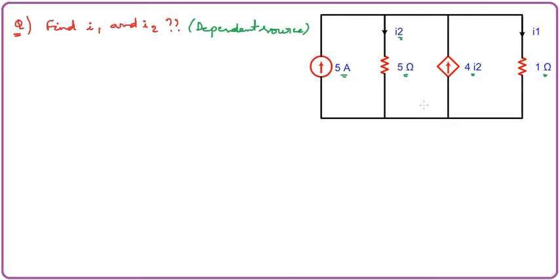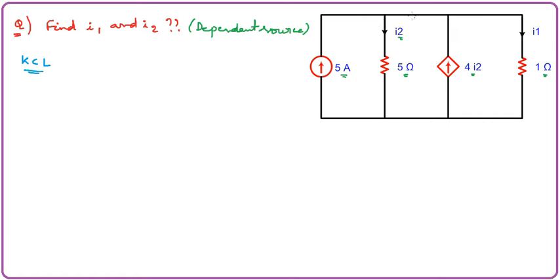Okay, so in this way we need to solve this problem. Let us see what the values of I1 and I2 are. That's what the problem is. So let us solve this problem. As current sources are visible here, let me go ahead with Kirchhoff's current law. It will be very easy for us to solve this problem based on Kirchhoff's current law.